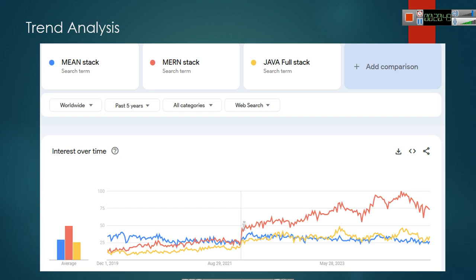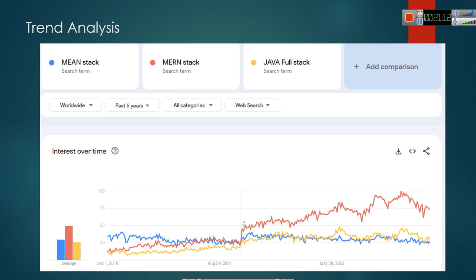You can see that from the start of December 2019, we can see how MEAN stack is declining or growing, or how Java full stack has gained some popularity, and how the MERN stack has gained some popularity.